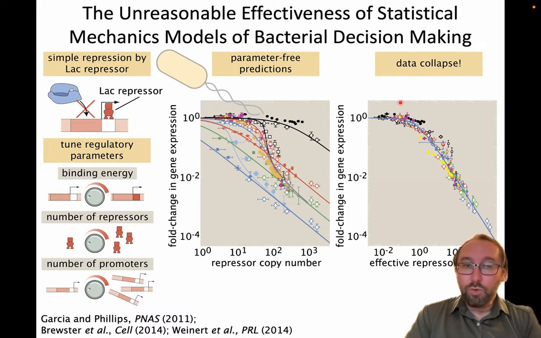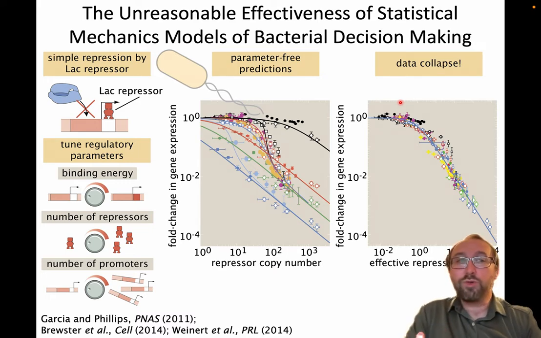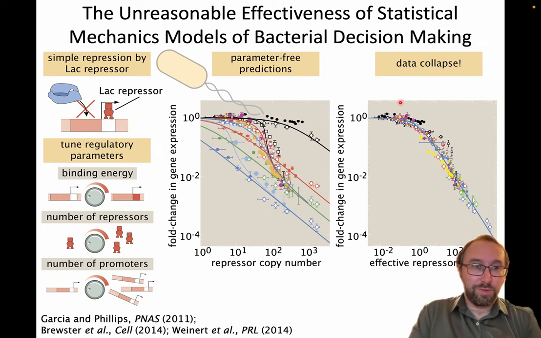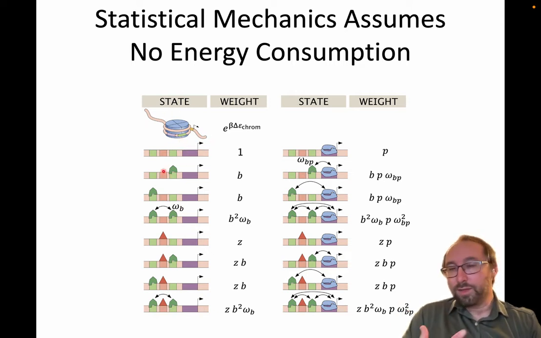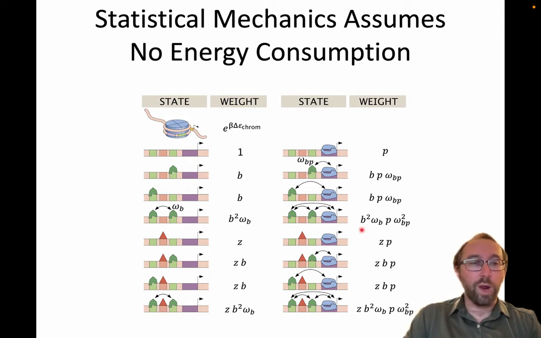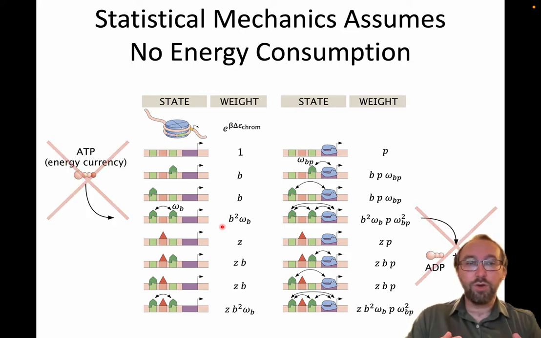Okay, so it's crazy that this works so well, and it's not just crazy because we see how well it works, but also because of the assumptions that underlie these statistical thermodynamic models. Remember that we went through a whole protocol, right? That consisted in coming up with the states that your system can be found in. Here I'm showing you some states for a system that can be bound around the nucleosome, and the details don't matter. But then for each state, you come up with a statistical weight, right? Using the Boltzmann recipe. And one of the main assumptions of this whole set of statistical mechanical models is that in none of these